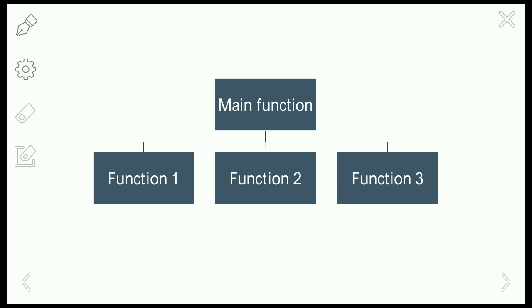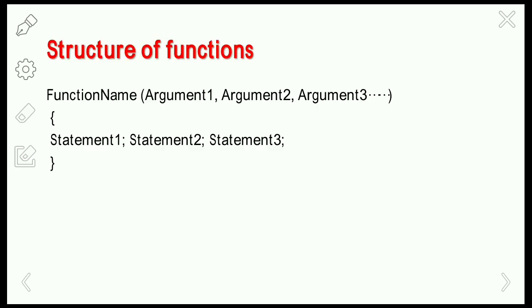So this is also one of the basic features of functions. It will reduce the complexity of program development if you are using modules. As given here, we are going to divide the main function into multiple modules, like function 1, function 2, and function 3. We divide the particular function into multiple functions, and after the work is done, they will be combined into the main function. So this is the main property of functions, that is modularity.